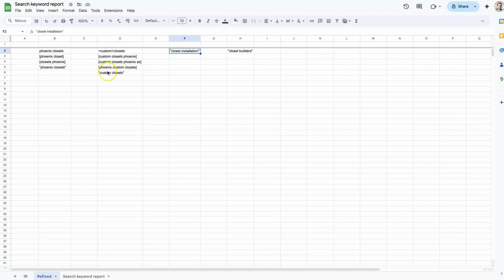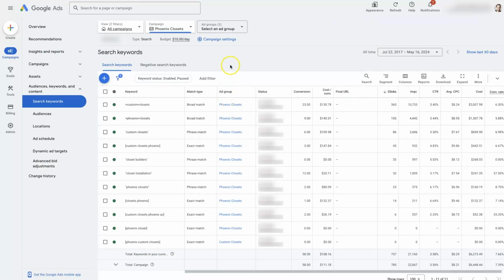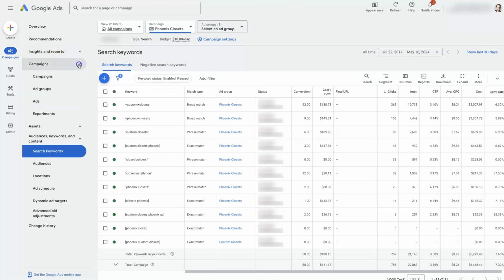And normally, if you're already running all these keywords in one ad group, you're going to have some ad copy set up already that you can just make a couple of adjustments to, and then come back into here once you know exactly what needs to be set up. So the easiest way to do this is probably to set up within the same campaign, just add a new ad group. So if we come over here to ad groups,